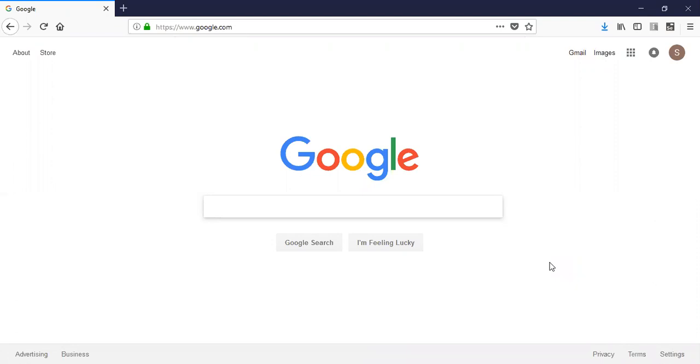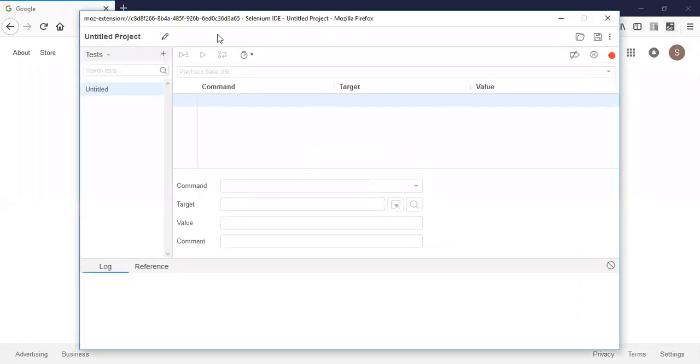Last time what we did was to install Selenium IDE on the Firefox browser. Today we'll continue and understand how to use the Selenium IDE. So let's get started. Last time we installed the Selenium IDE and you should see an icon at the right hand top corner. Go and click on that icon and you would see a pop-up coming up